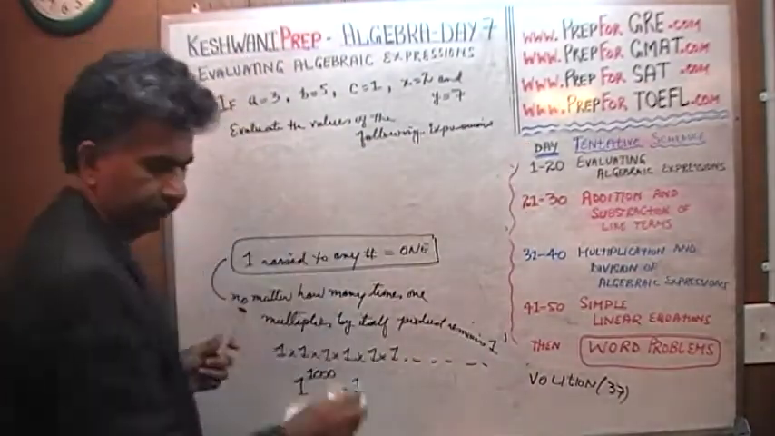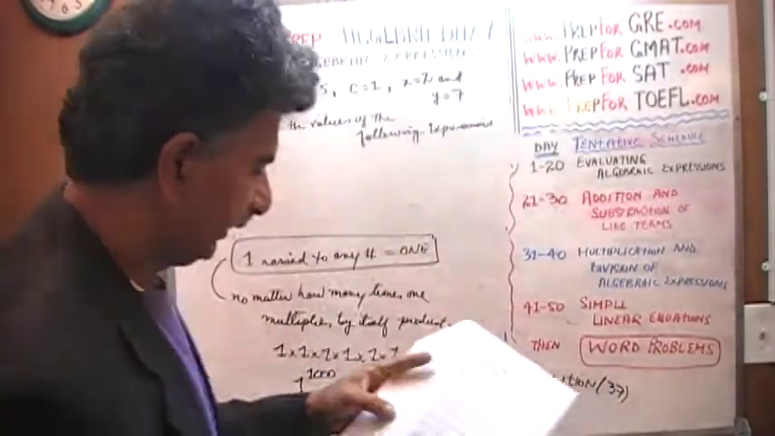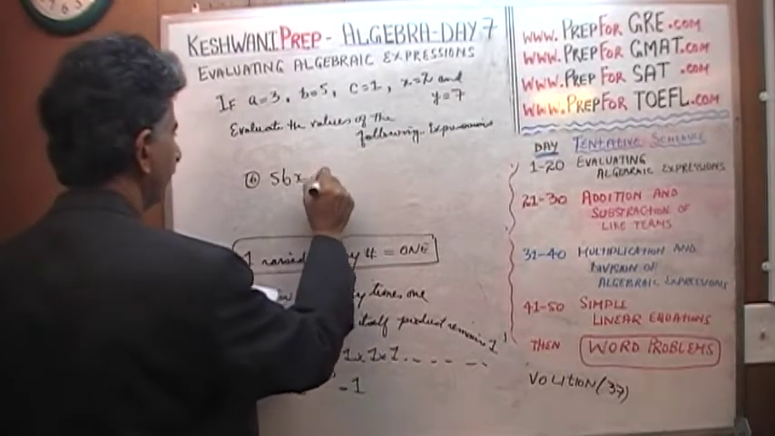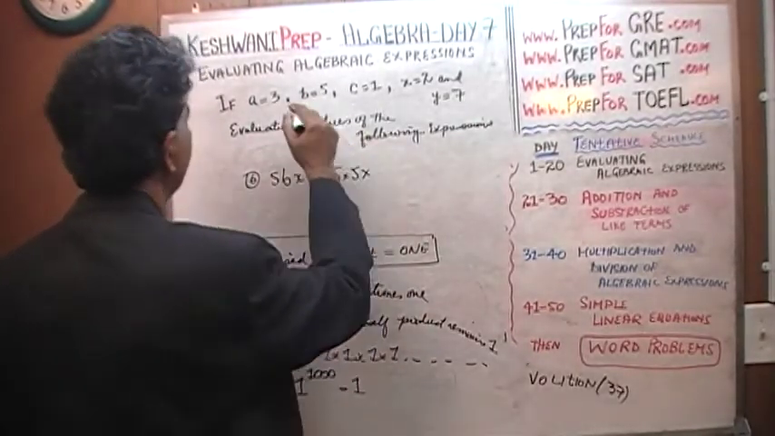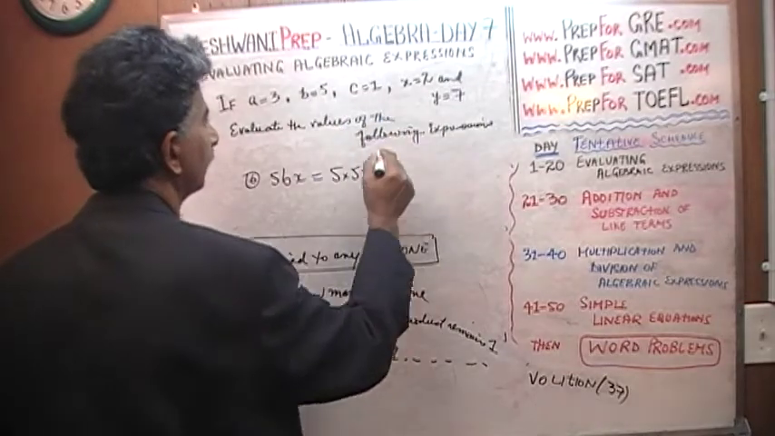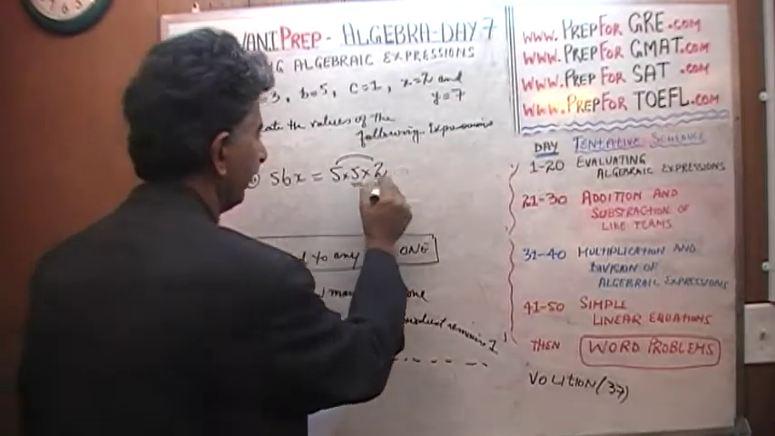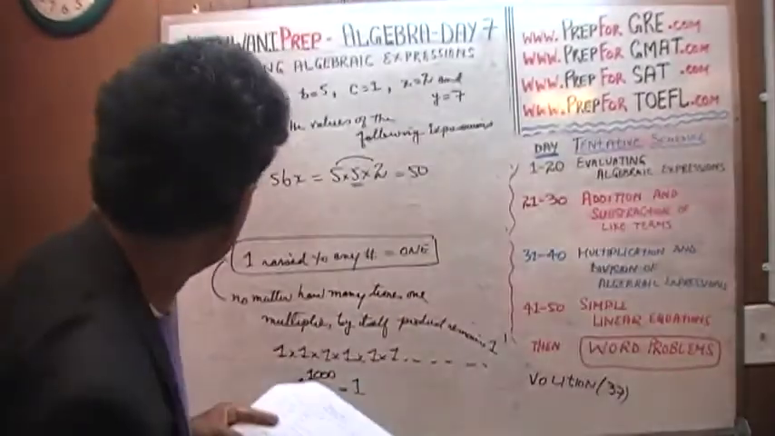Number 6. What do we have? 5 times b times x. 5 times b, which is 5, b is 5, times x, which is 2. And we know that 5 times 2 is 10. 10 times 5 is 50. Very good, that's it. That was number 6. Let's move on to number 7,